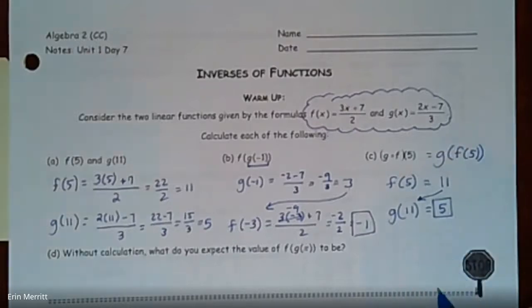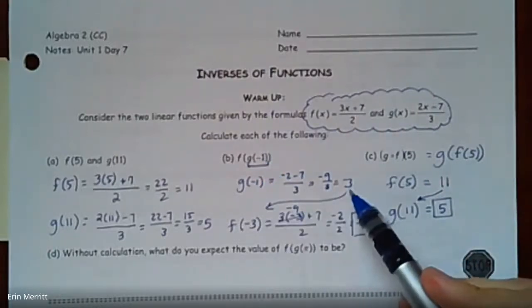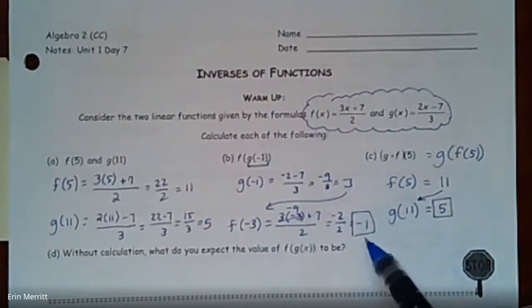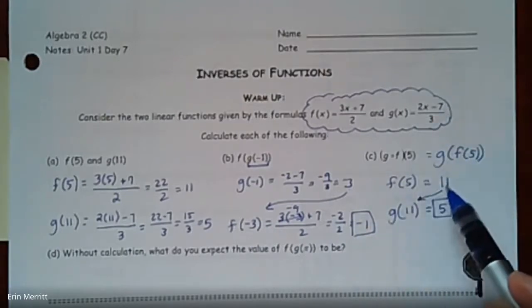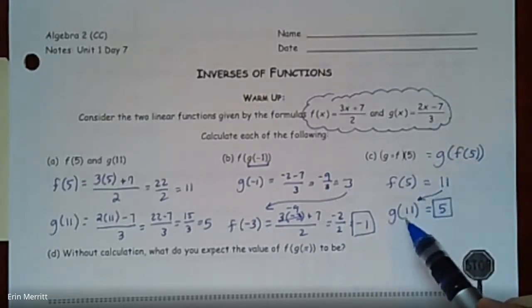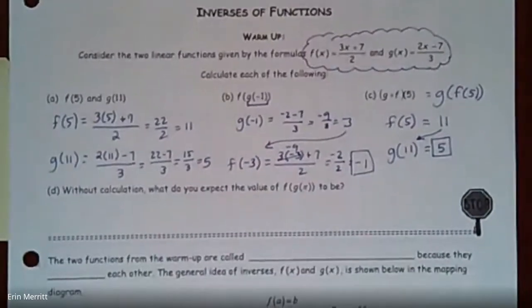So what you might start seeing is in these last two examples, here you start with negative 1, you get to negative 3, you plug in negative 3, it takes you back to negative 1. The last one, you plug in a 5, gives you 11, take that 11, plug it into the other function, comes back to 5. So how these are an example of inverses is anytime you have an inverse function, it